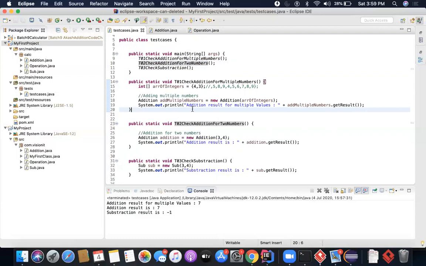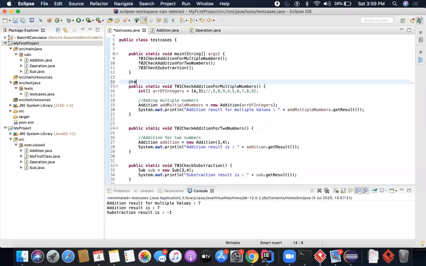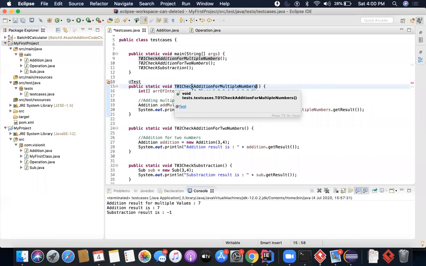So in our case, my name can be tagged with @trainer. You can be tagged with @student. In my case, I am tagging this as @test. Now this is an annotation. This is a Java concept. Annotation is a Java concept by which we tell the library or the compiler that this particular method belongs to a specific category. So this is the @test annotation. And by doing this, I am telling the JUnit library or my project or compiler that this test case is a JUnit test case.